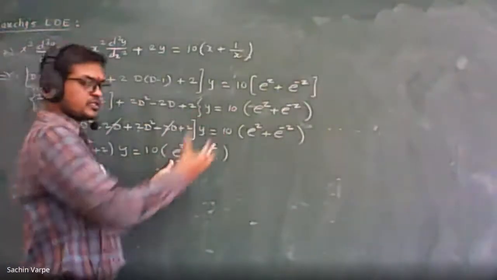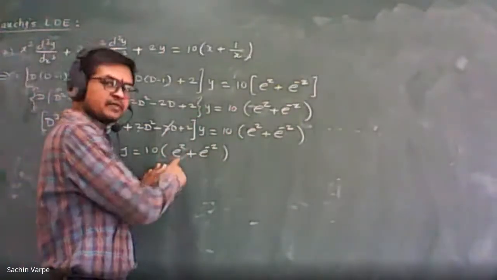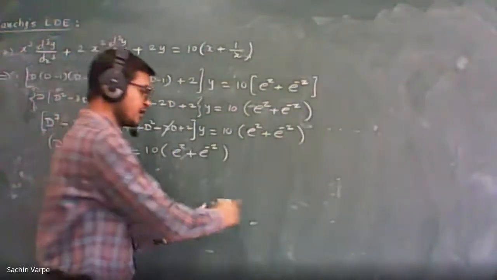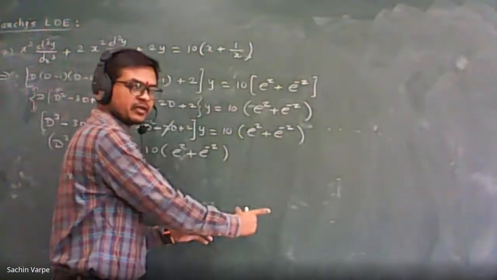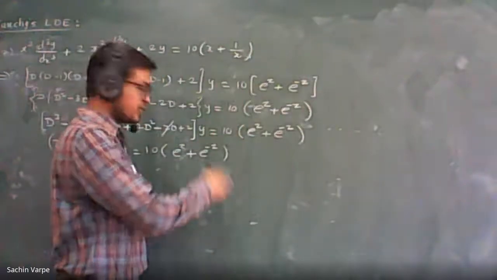See, in particular, 1 upon this into e raised to z, suppose. What is the case there? We are replacing D by a. So you have to write there, we are replacing D by a. The examiner will come to know that you know everything. You don't need to write phi of D or anything else. Just write there, replacing D by a, in brackets. Here, replacing D by minus a.